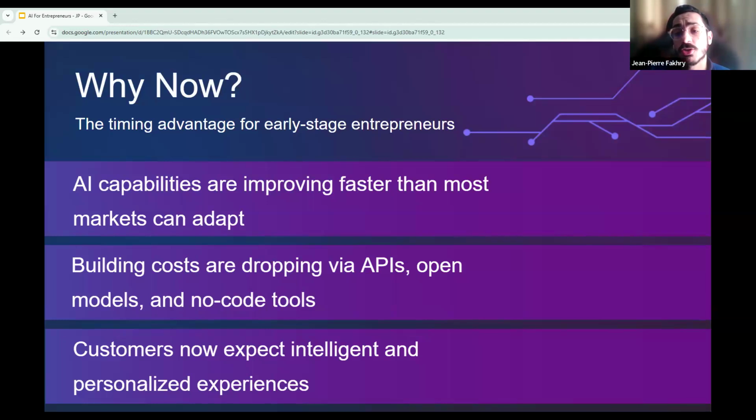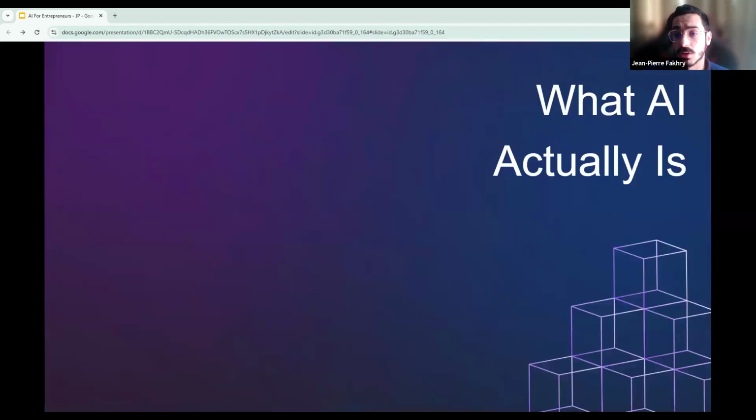Now, the third shift is customer expectation. People now expect apps to be fast, personal, and very, very smart. When you open, for example, Careem or Uber or any other app, and it predicts your frequent destination, that is basically AI. When a bank flags a suspicious transaction before you even noticed it, that is AI. Customers are no longer impressed by AI. They are annoyed when it is missing. So this means that the market is pulling new AI solutions in, not pushing them away. This is something to also keep in mind.